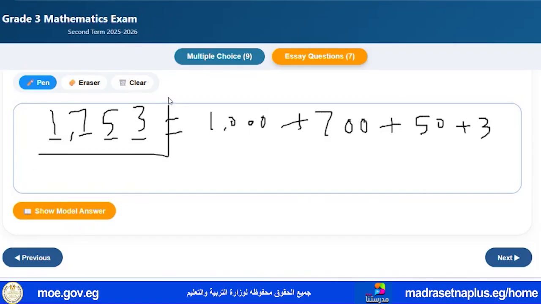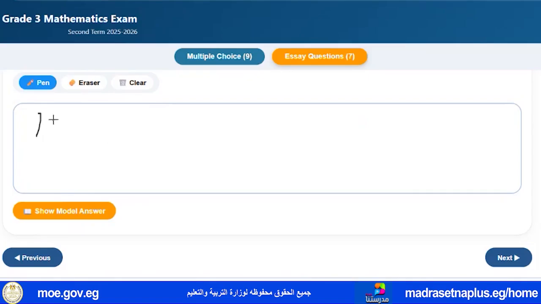So we studied what? A standard form. We convert standard form into expanded form. What about if we have expanded form? Can we get standard form? Yes, we can get it. Expanded form, for example,